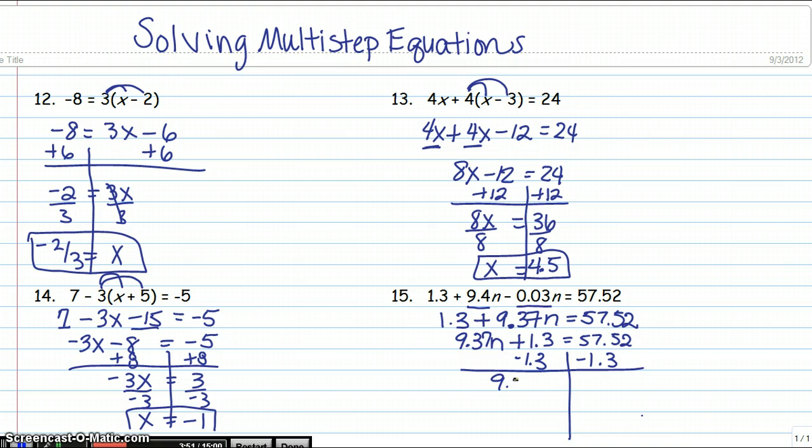So I have 9.37n equals, and then this will be 56.22. Alright, last step, all we got to do is divide by 9.37 on both sides. Now we will have n is equal to